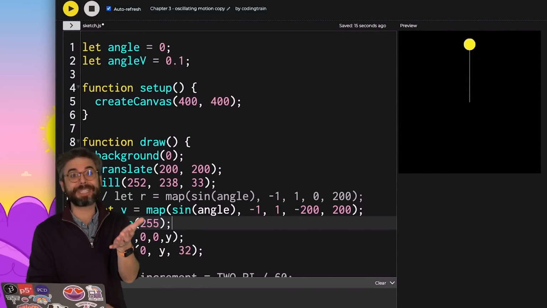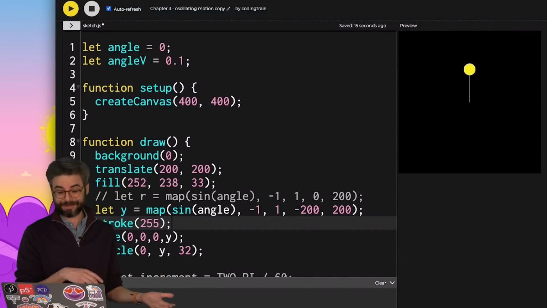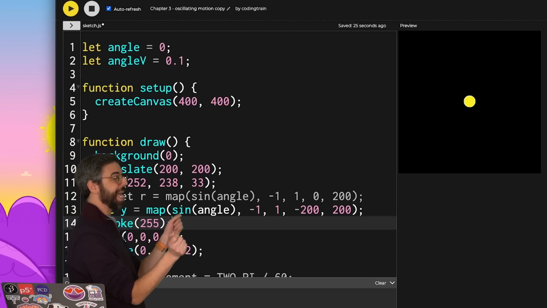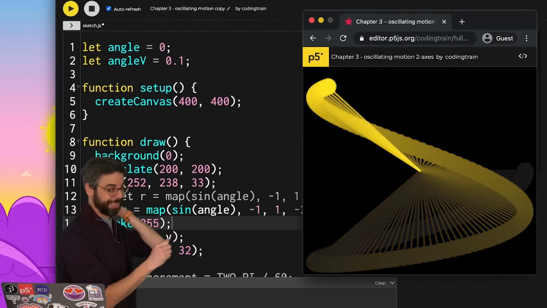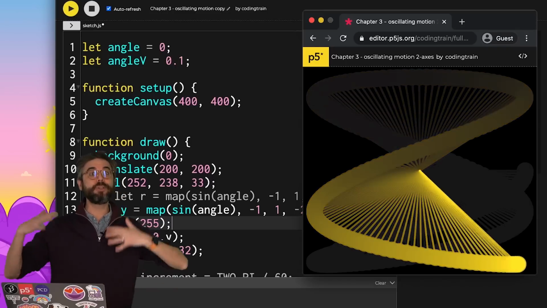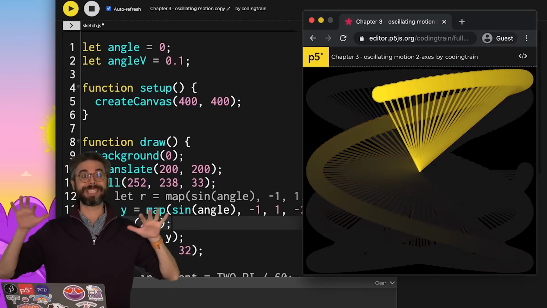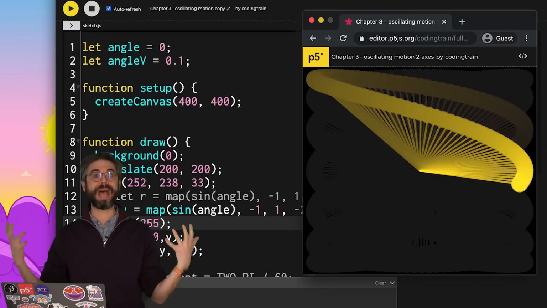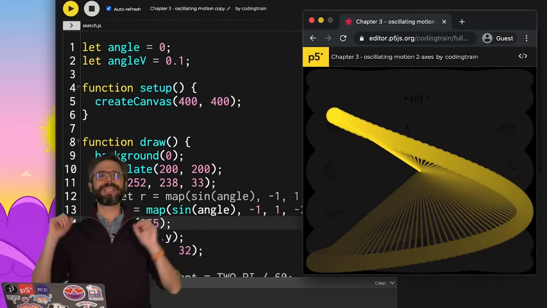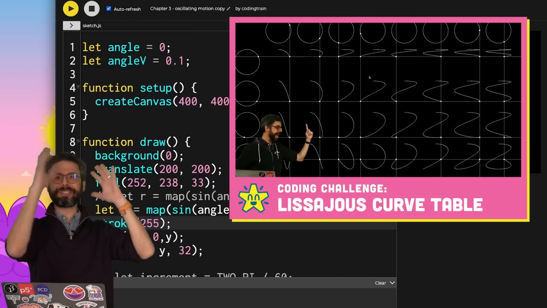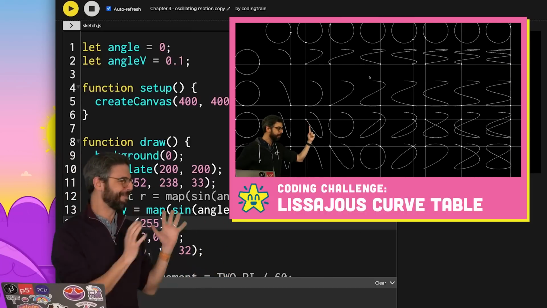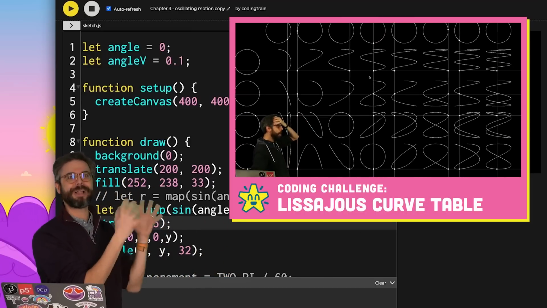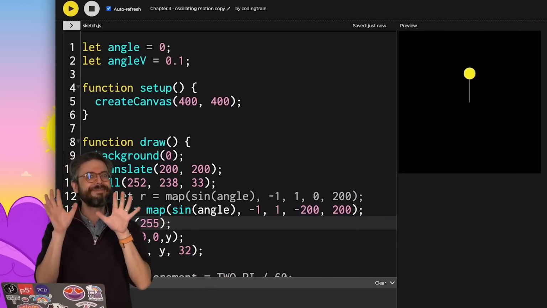And actually some exercises that you might try before moving into the next video is, can you have both an x oscillation and a y oscillation? What happens if the amplitudes and periods of those oscillations along the y-axis and the x-axis are different? What kind of patterns? What if you draw trails? Oh, so many things. I think I have a video on Lissajous curves and all sorts of stuff that relates to the different kinds of flower-like patterns that you can get out of doing that. So give that a try.